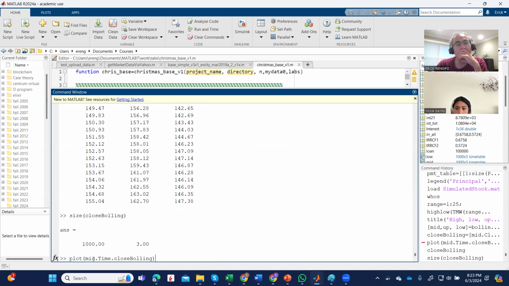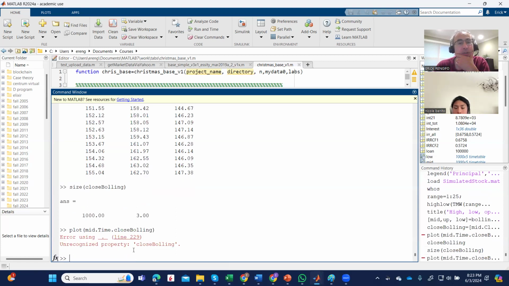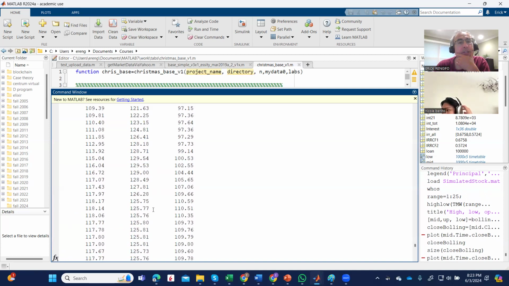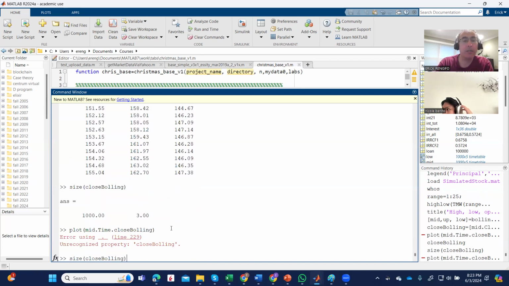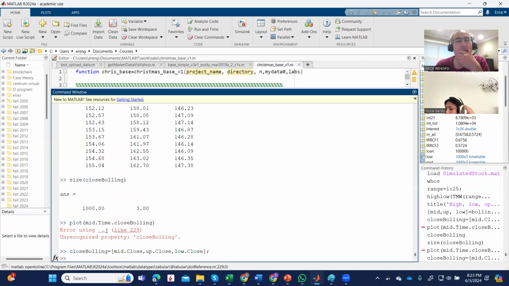So why is it not taking this one? Mid time. I need to check, guys, what is going on here. Line 29. Yes, the name is correct. Let me check what's going on here, okay? But I don't want to spend more time because I have the time correct, I have the close Bollinger correct. Okay, we come back to this later. It's interesting that it doesn't work, but in any case,